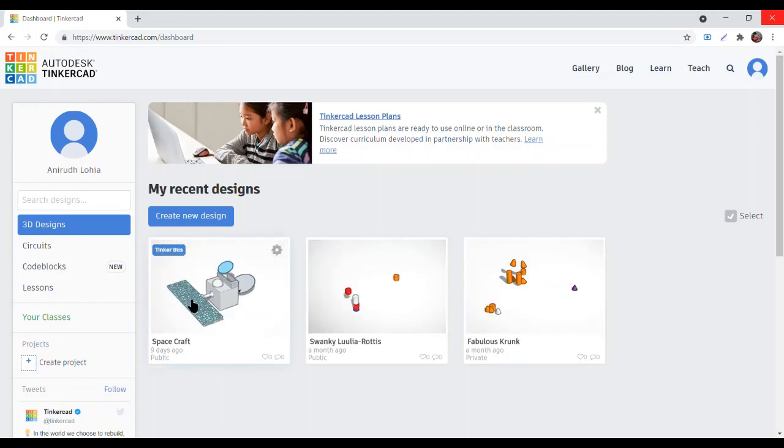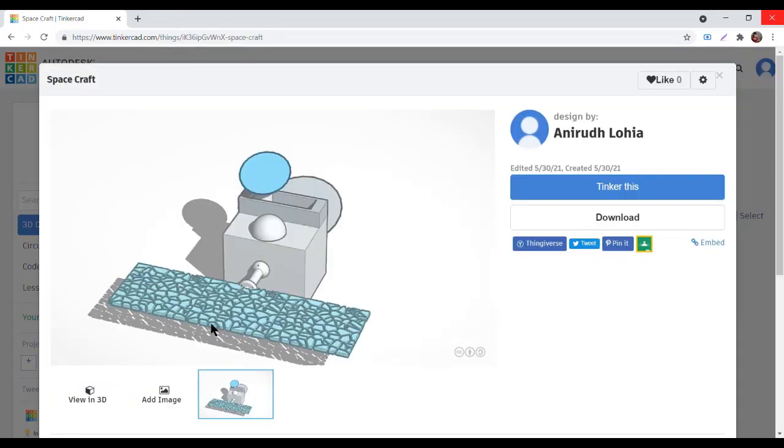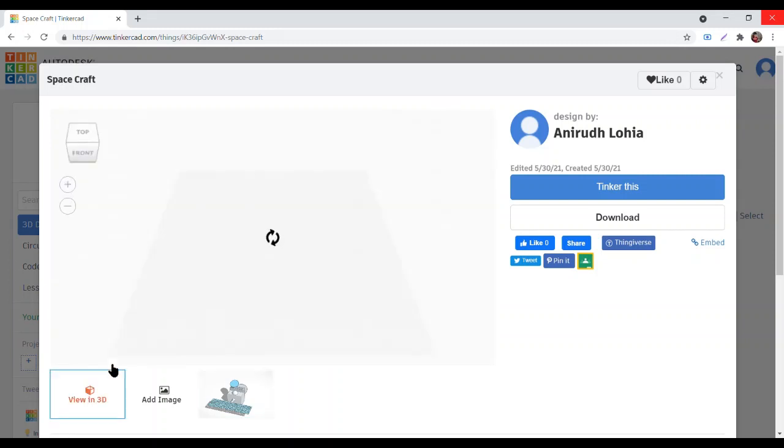So this is the one which I created. It looks like this. Let me show you more nicely. If I click on view in 3D, now I can change it to many other views. Just wait a minute since it's loading.